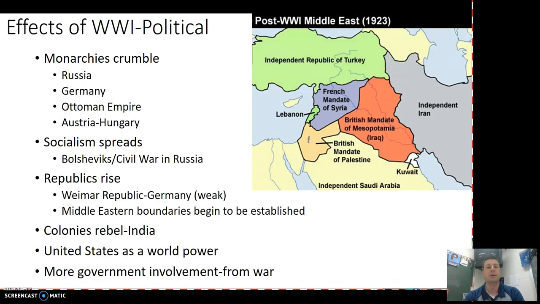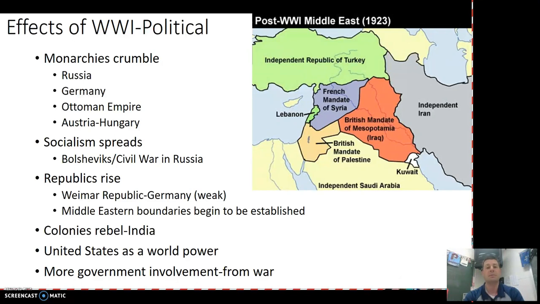The problem is Great Britain doesn't want to. Remember, Great Britain is the largest empire in the world, has all of these territorial holdings. And so they say, no, we're not going to ratify that one. And that puts a dent in the 14 points that Wilson brings up. These colonies look at this and say, we were promised this, we fought next to you, like we talked about the Anzac forces, but other forces, they're fighting all over the world for their empire, and yet they don't get self-determination out of this. They don't get the ability to determine what their government is going to be and be in charge of their own government. And so we see some rebellions, especially India is going to be the big one that you see.